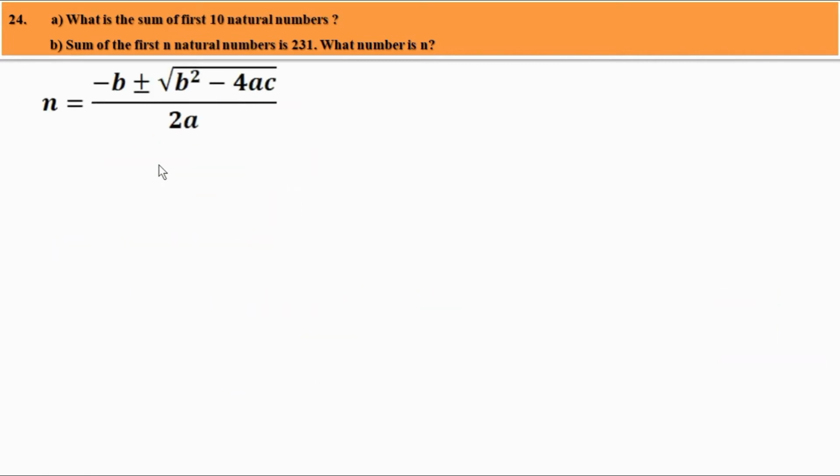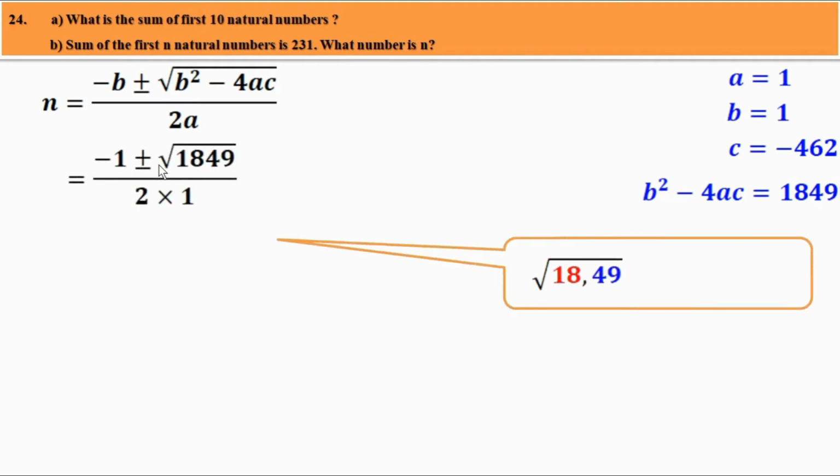Now let us solve the equation using the quadratic formula. N is equal to minus b plus or minus root b square minus 4ac by 2a. Here a equal to 1, b equal to 1, c equal to minus 462, and b square minus 4ac we got it as 1849. Let us replace the values. We get minus 1 plus or minus root of 1849 by 2 into 1. Let us find the root of